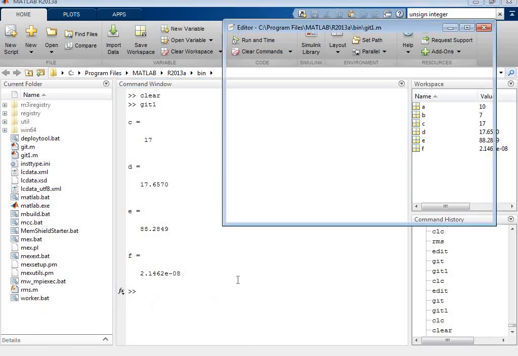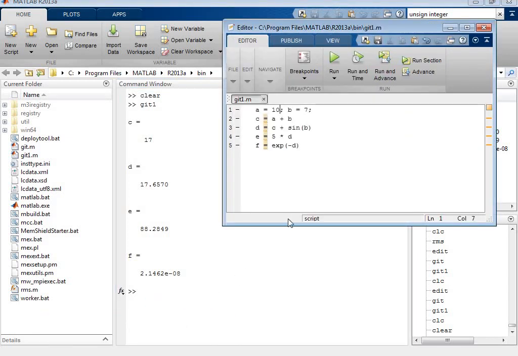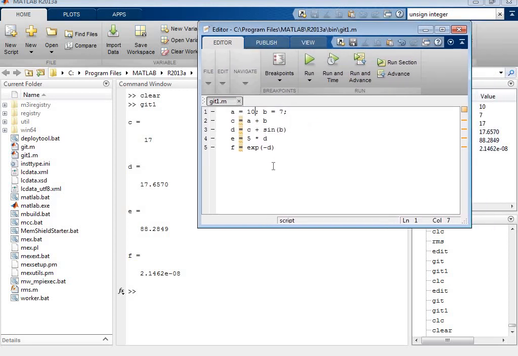So this is a very simple way to use the editor in MATLAB to save command lines. You can create any file which has certain inputs and certain outputs. Just name it and save it in a particular location. In my case, it is located in C program files, MATLAB 2013, bin, and the name is git1.m.